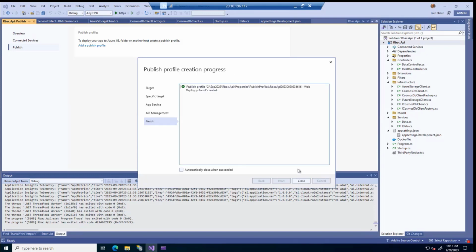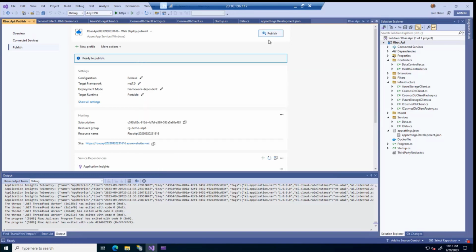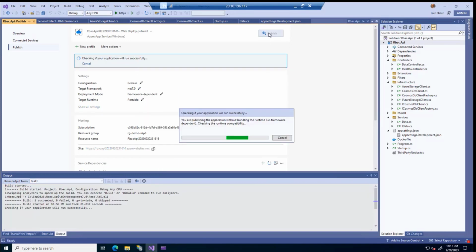Finish. Don't take a long time. It's a tiny code base. Publish.